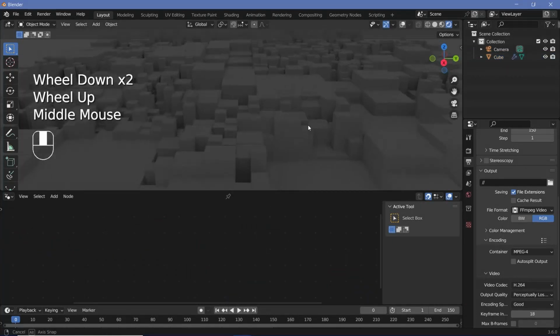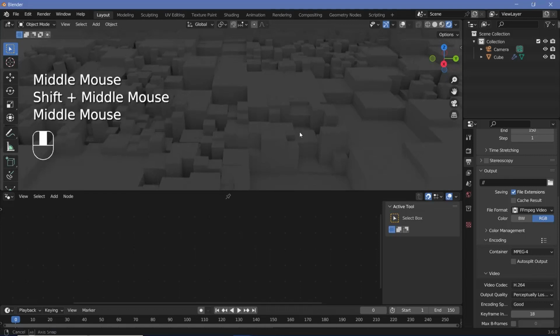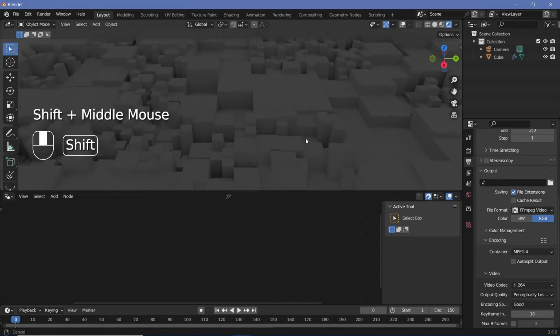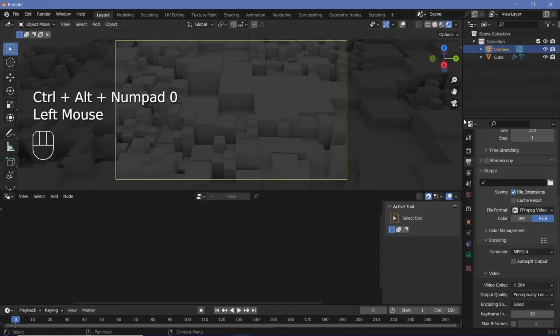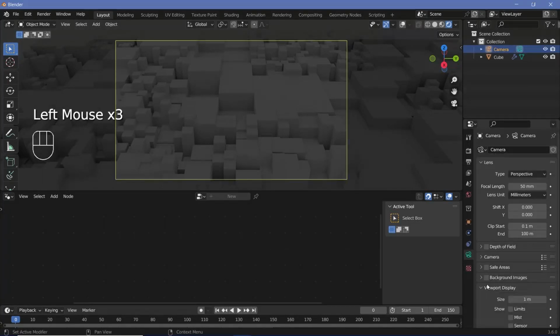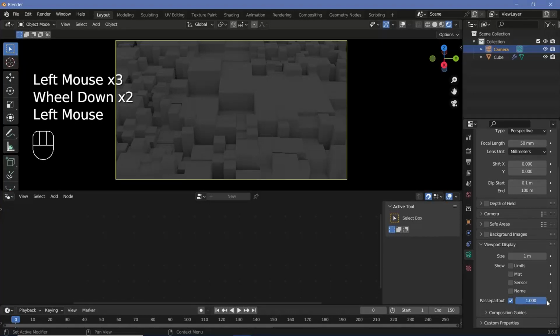Next, I'll place my camera where I want the final camera to be, so I'll just position myself in a desirable view and then press Ctrl-Alt-0 to snap camera to view, after which I'll select the camera, go to the camera properties, expand viewport display and increase passepartout all the way to 1 so that nothing outside the camera